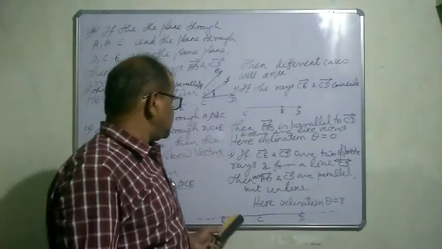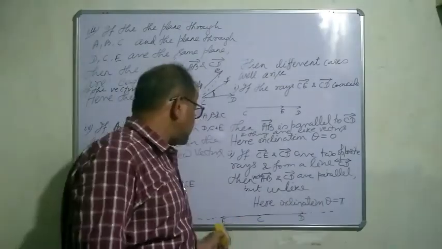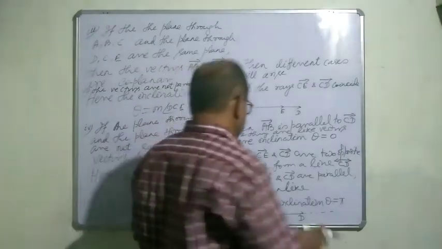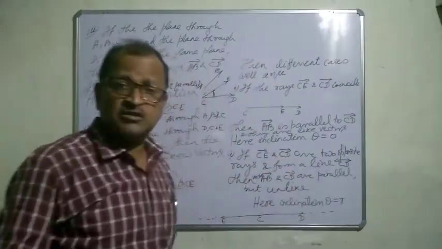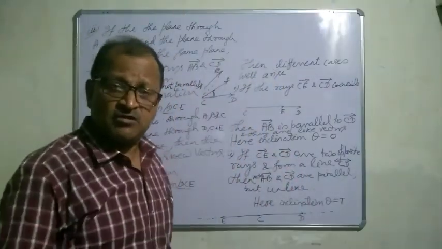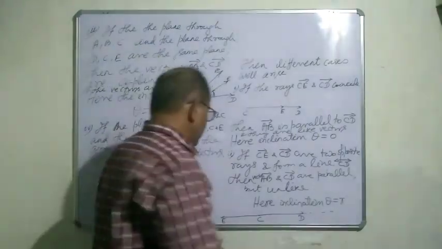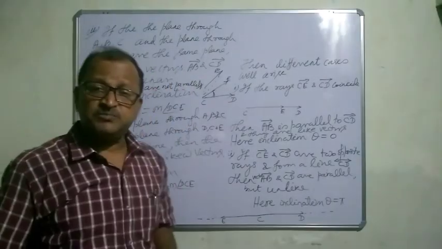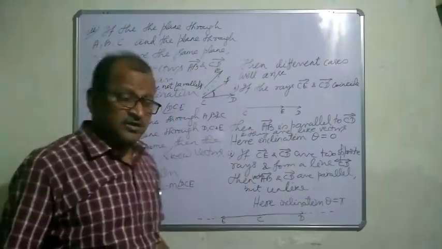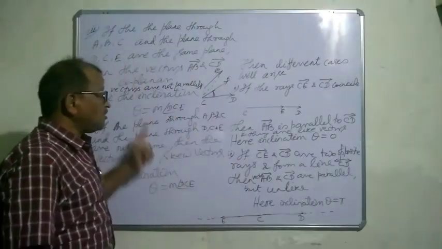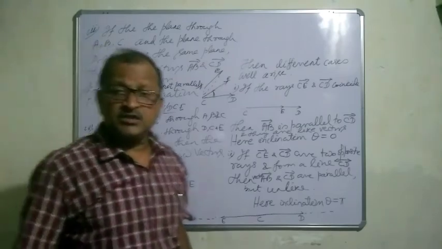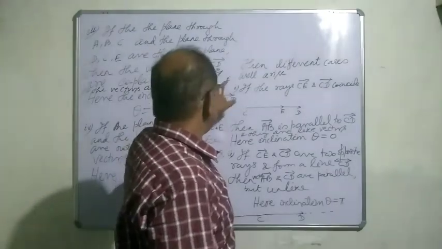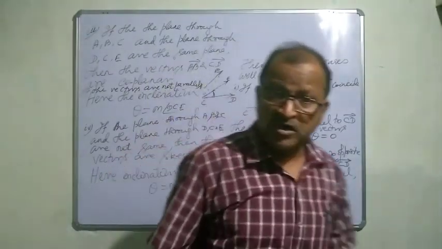And opposite, if CE is equal to CD but they are opposite rays, CD and CE are two opposite rays, then they will be opposite vectors, or one is the negative of the other according to our definition. Here the inclination is pi. It's very important. In all other cases the inclination is the measure of the angle between CE and CD. Okay.